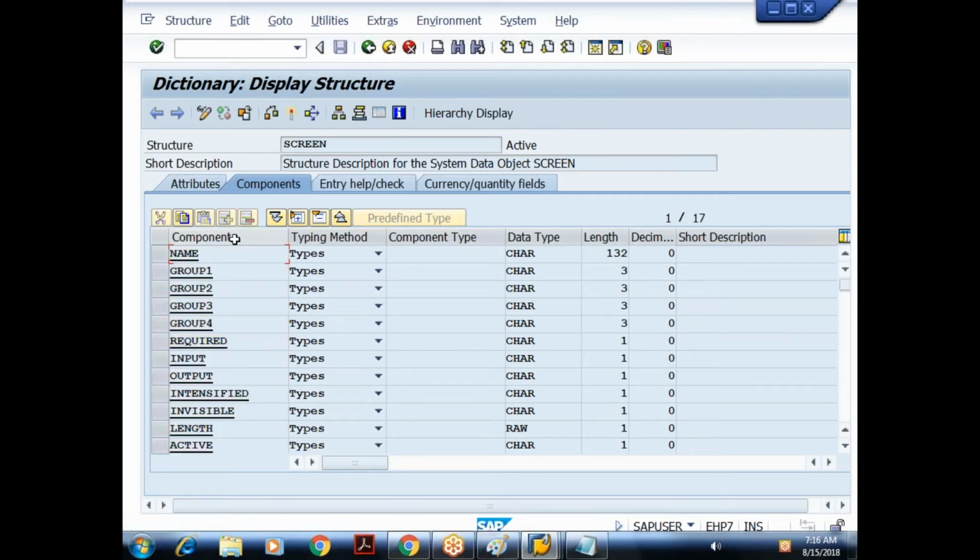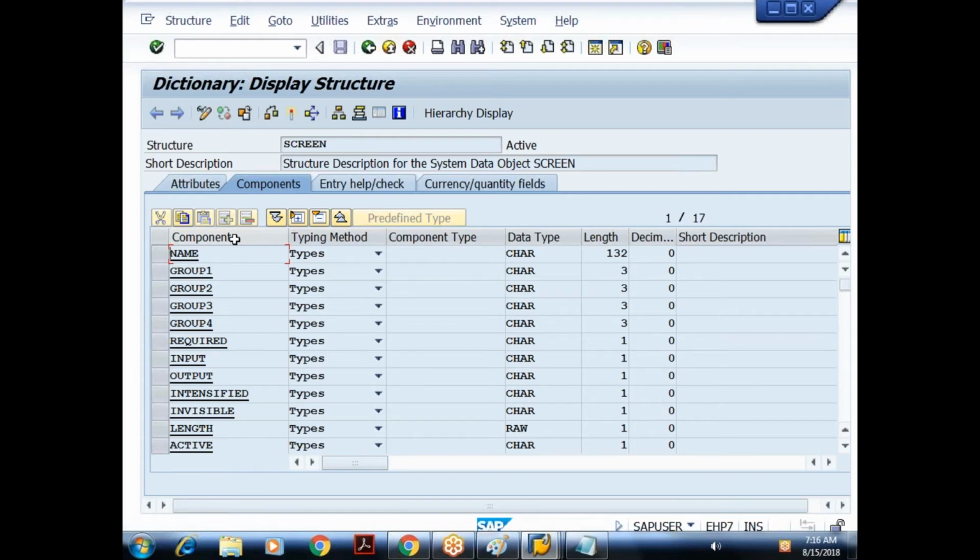So your understanding should be there is one database structure called screen provided by whom? SAP itself. So why are we discussing this structure? Based on this structure, SAP will create an internal table.